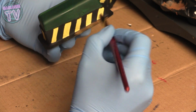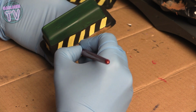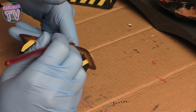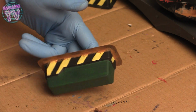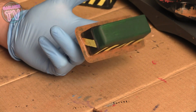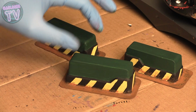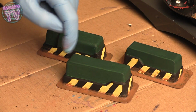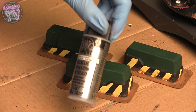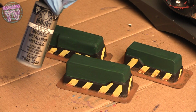Now while the top is drying, I'm gonna do the bottom here. Same method as before, but I'm gonna show you how to use a sponge with a secondary color. So like before, the dark brown, go all around, dirty up the bottom. Now while that's drying, I'm gonna go back to the top with some silver, metallic silver, and I'm gonna